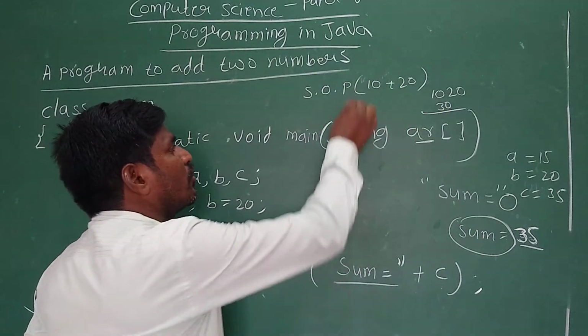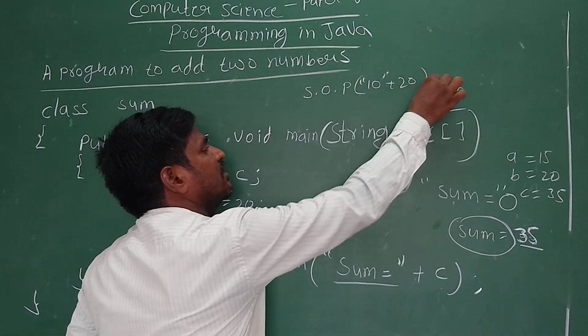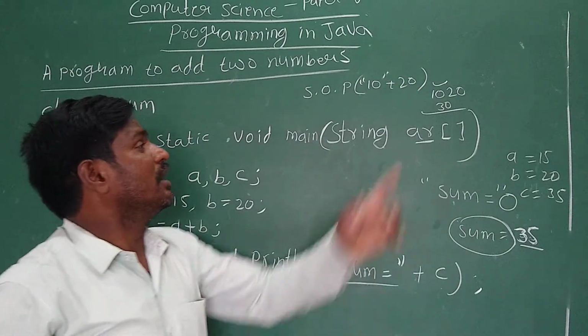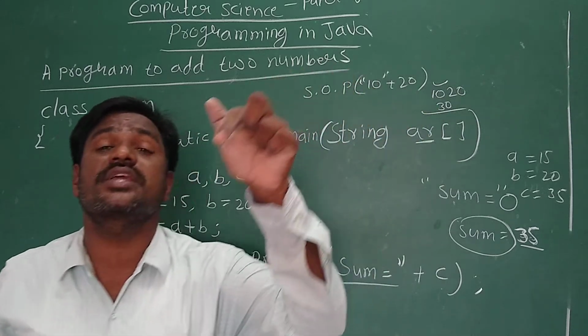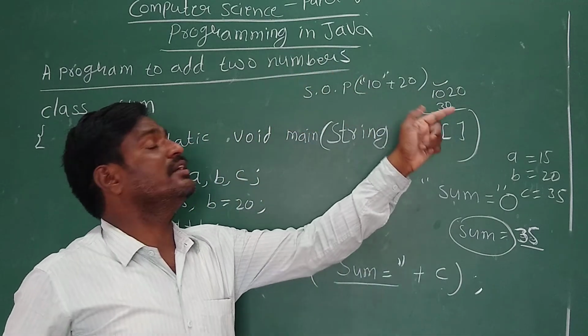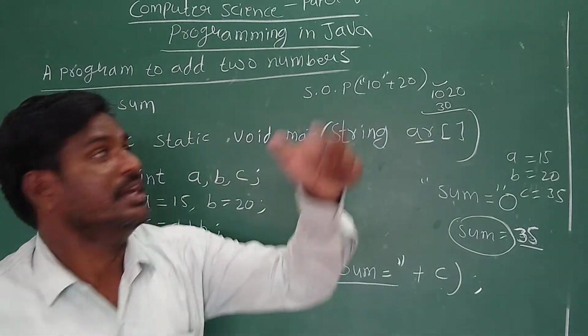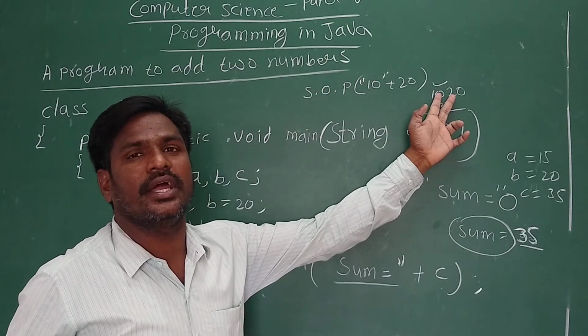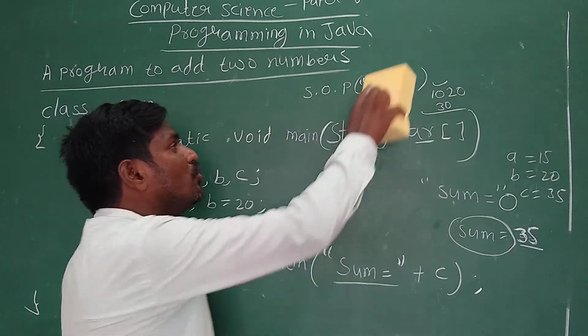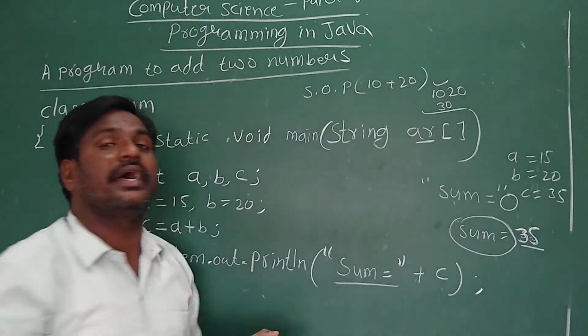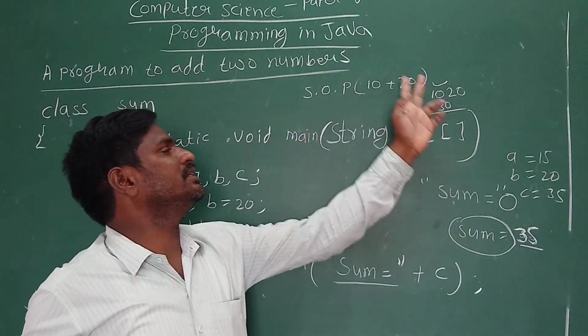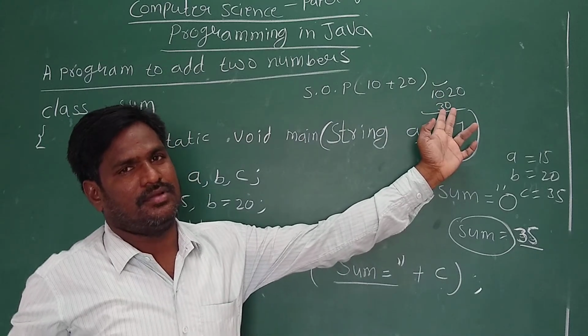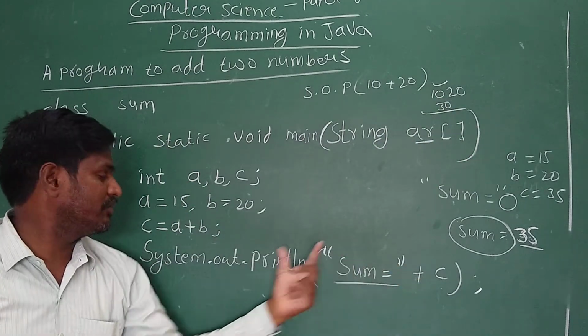If you put the double quotation marks, the output is 1020, because now here 1020 is a string, and here 30 is an integer. When there are double quotation marks, it will perform the join operation. When there are no double quotation marks, those will be treated as integers, and the integers are added. Okay? So that is the plus operator within the output.